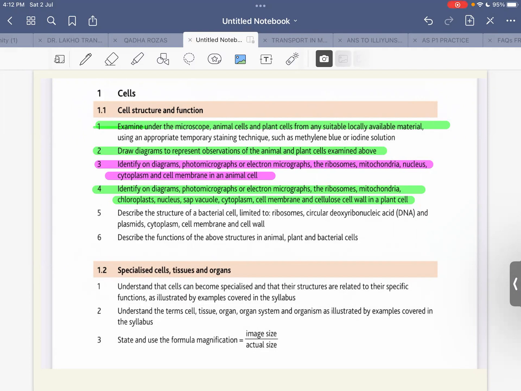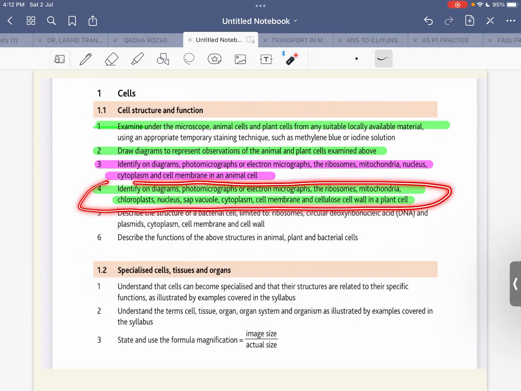We are still on unit 1.1, which covers cell structure and function. Today we will focus on the details of learning outcome number 4, which deals with identification on diagrams, photomicrographs or electron micrographs of the ribosomes, the mitochondria, chloroplasts, nucleus, sap vacuole, cytoplasm, cell membrane, and cellulose cell wall in